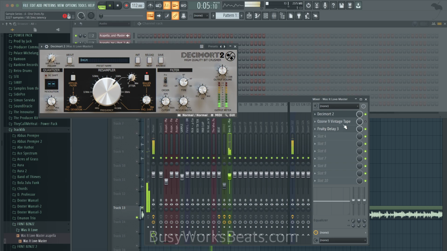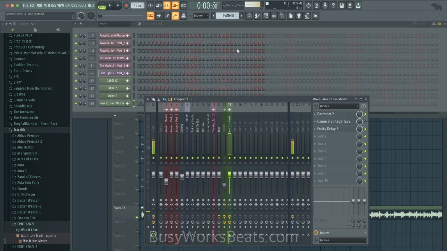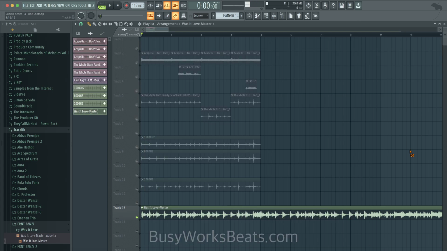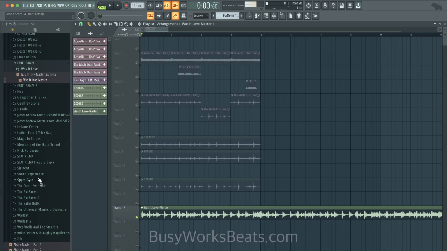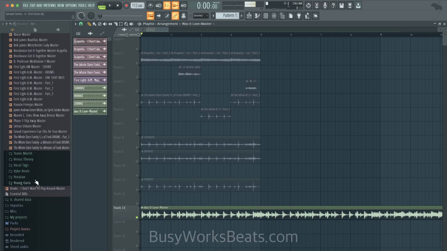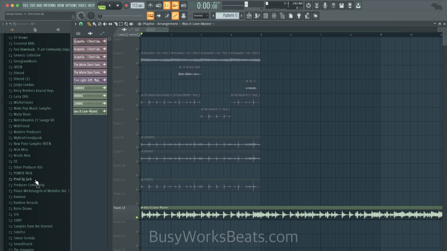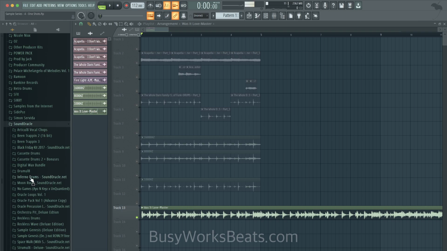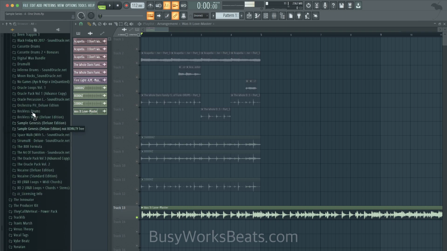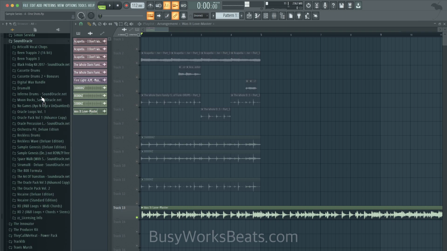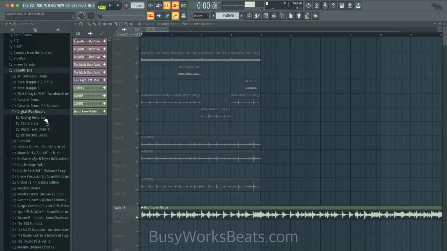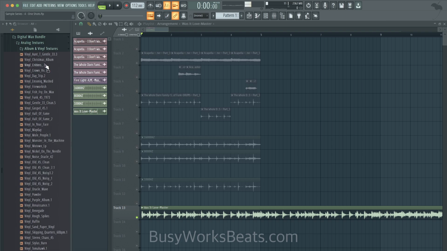We got the pitch wobble going. It's really all you need. And at this point, you could add things like vinyl crackle. I think Sound Oracle has a pack called Digital Wax. You just want to find a pack with a good vinyl crackle. You don't need to overkill here. Let's go to Digital Wax, then analog texture, album vinyl.